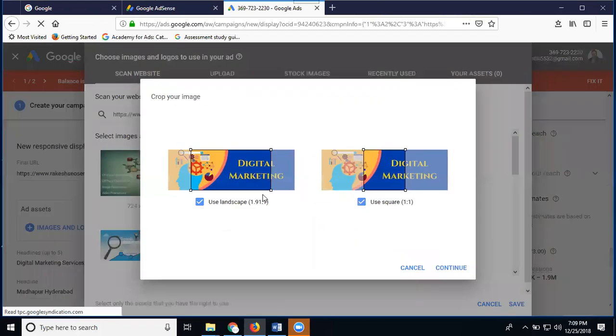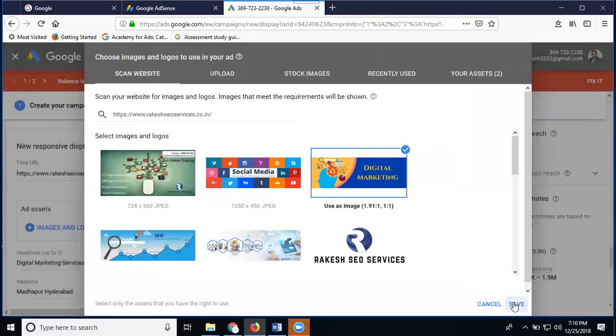Select image. I'm selecting an image and logo. Save.